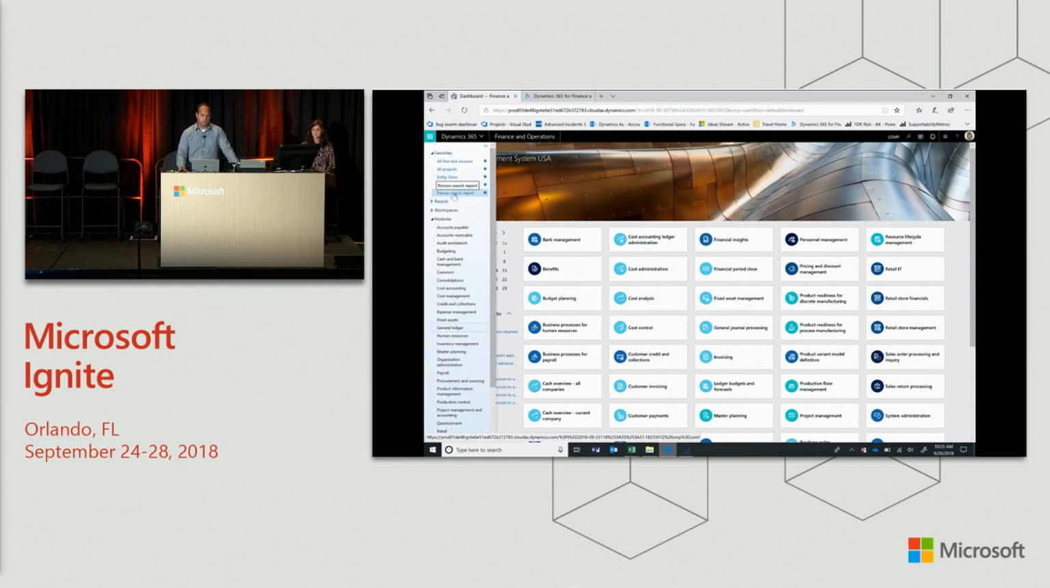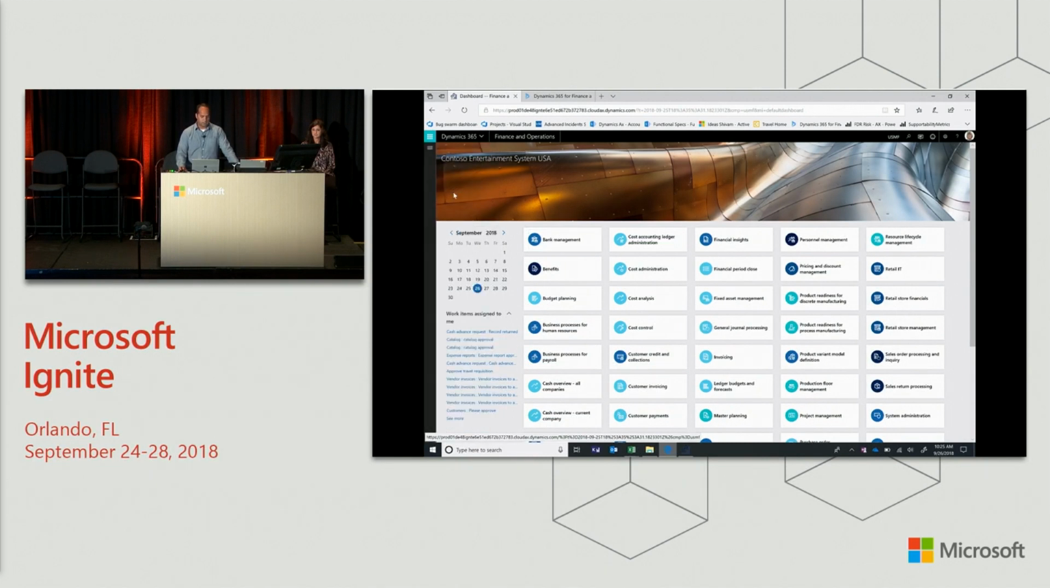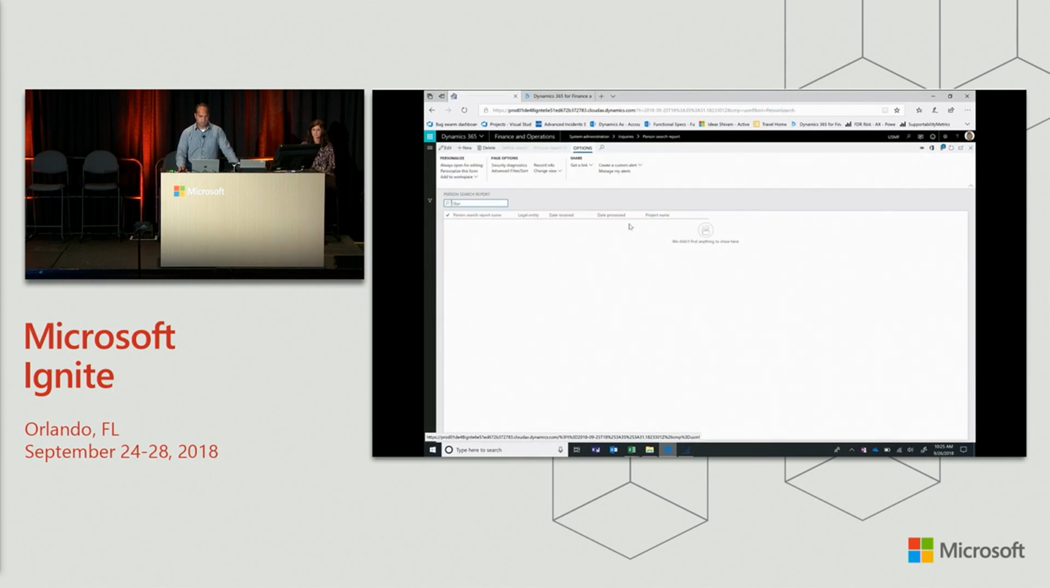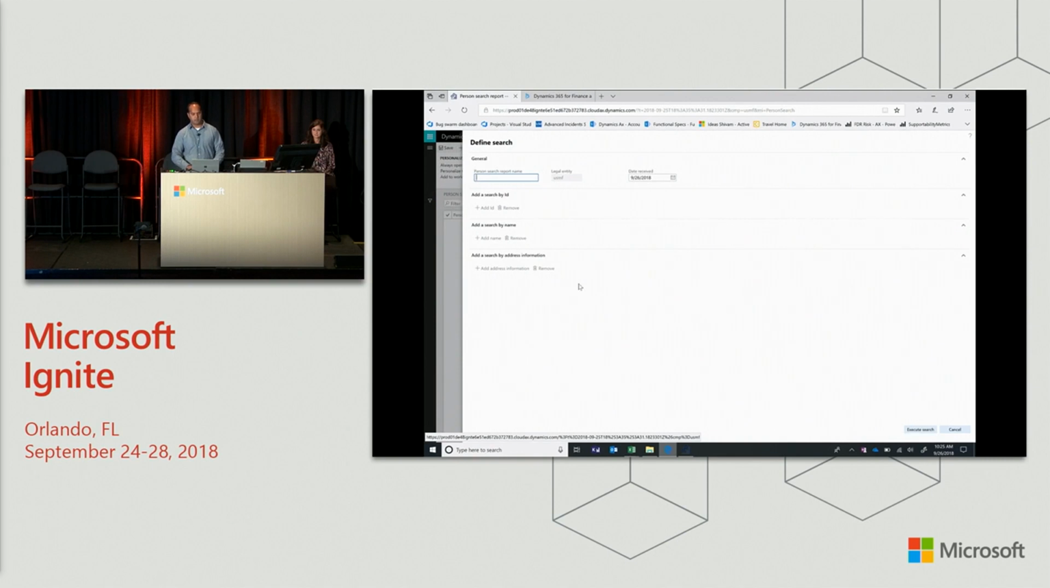Great. So the person search report is in the system administration area. I have just copied it to my favorite. I'll go to the person search report and create a new search. And a guy called Andrew called me up,